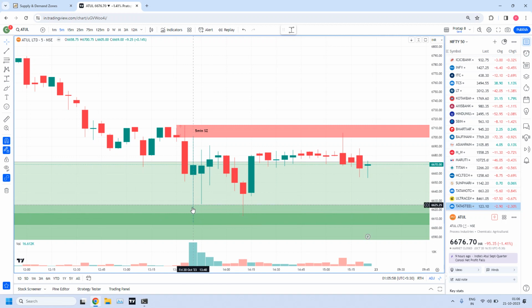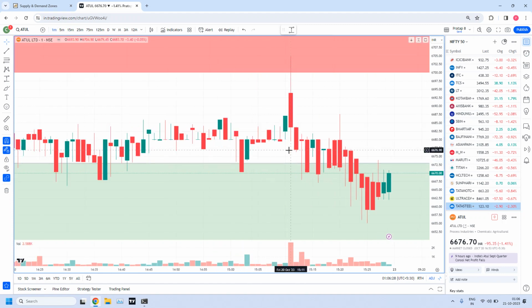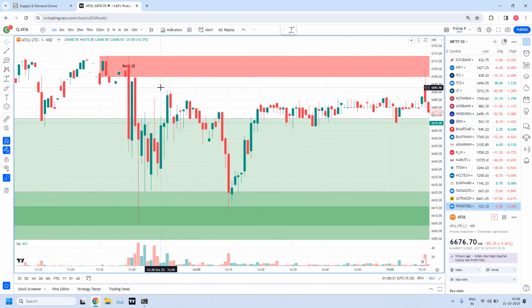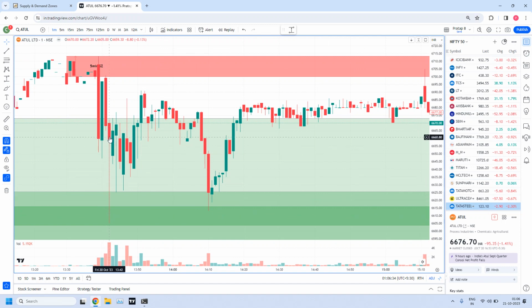See, actually we got two entries. This is the first entry at 1340, at 1:40. If anybody might have missed, it gave another second entry at 2 o'clock 10 minutes. On the 5 minutes chart, the price came from here, opened here, went up, and then came down, not in the same candle it reached. To get the clarity, look into the 1 minute candle. See here, in this candle, at 1:42, it reached this. After that, the price didn't go to the